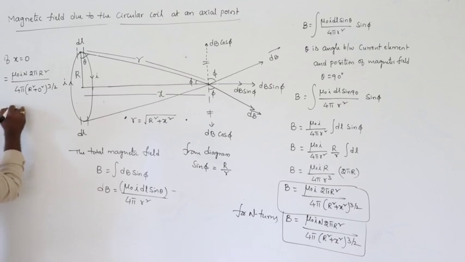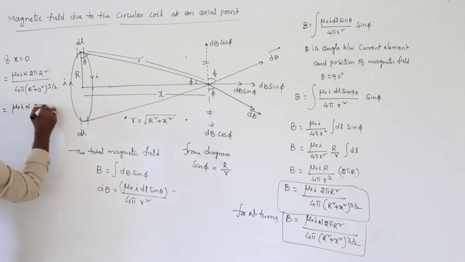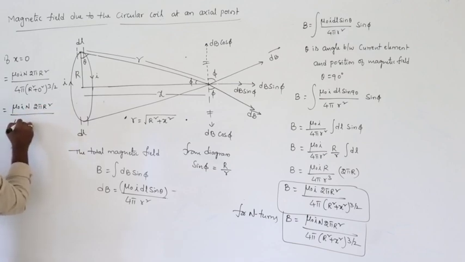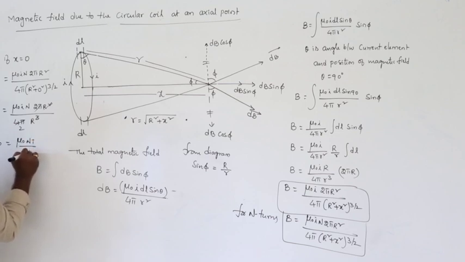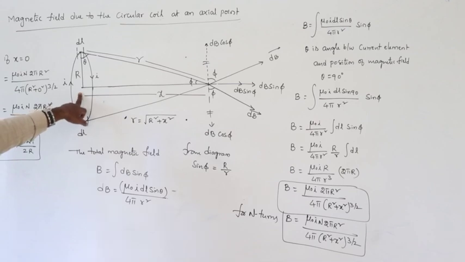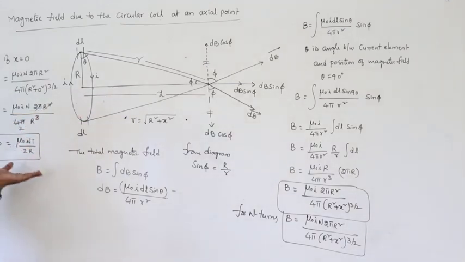So B is equal to mu naught n 2 pi r square divided by 4 pi into, let us say this is r cube, then 2 pi cancels with 2 pi, r square by r cube, then B can be written as mu naught n I by 2r. So that means at the center of the circular path, what is the magnetic field? Mu naught n I by 2r. We already calculated this previously. This is at the center.